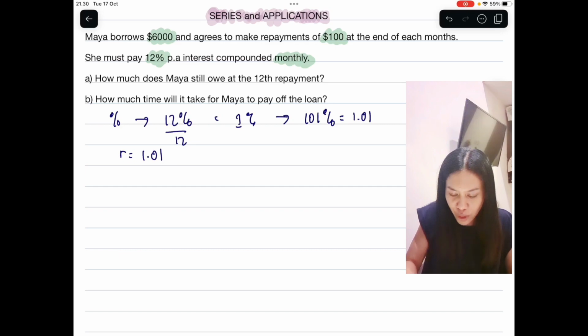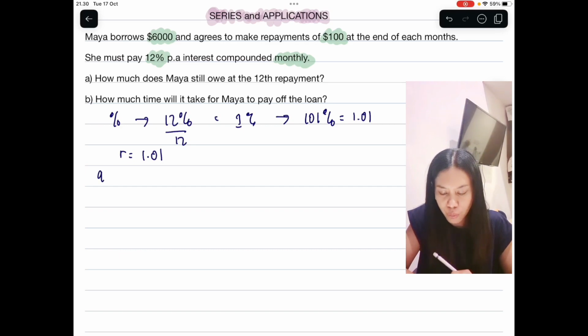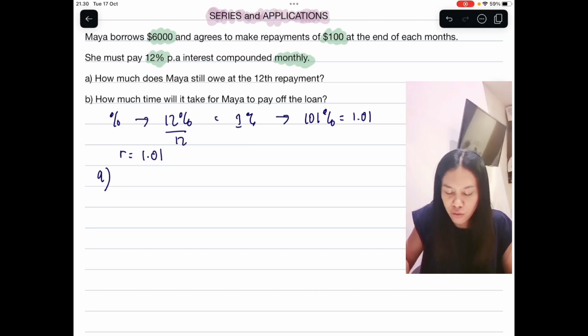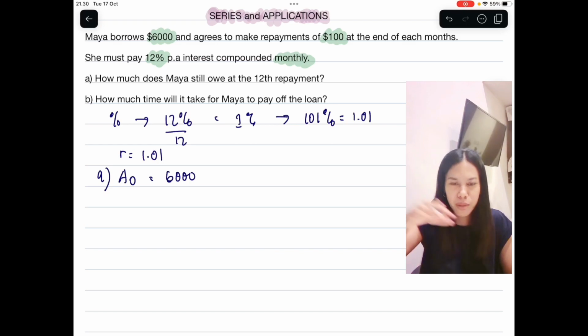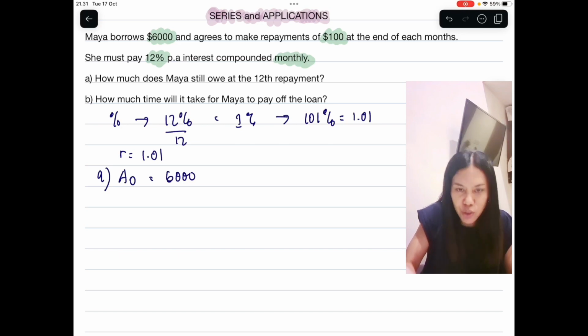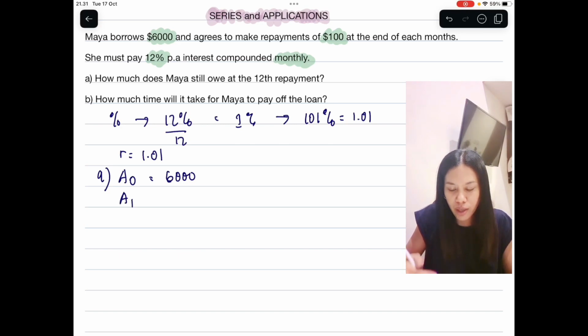Okay, so let's do A. How much money will she owe at the end of the 12th repayment, or after the 12th repayment? So we're going to start from before she's paying anything. Before she's paying anything, the amount of money that she's owing is $6,000. So before she's paying anything is A0, the amount of money that she's owing. 0 means nothing has happened yet. So she's owing $6,000. After the first month, so A1, the amount of money that she's owing after the first month,